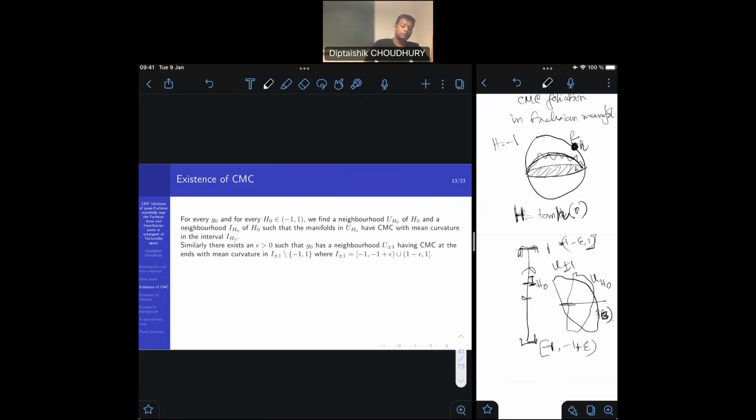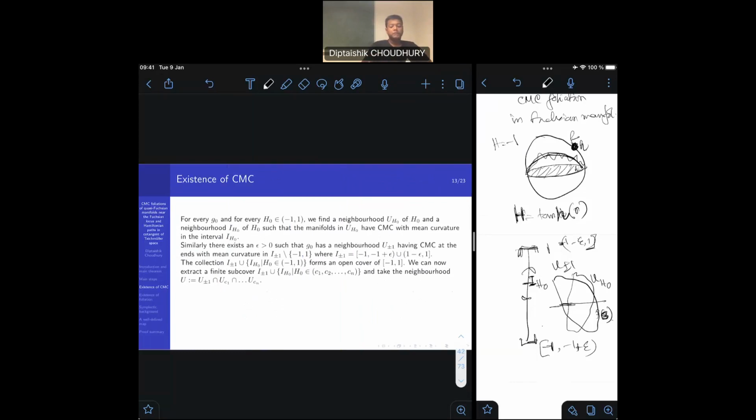And now what you could do is take such an open neighborhood U_H0 for every value of h0 in -1 and 1, barring the ends, the 1 and -1 point, because that is already taken care of by this U plus-minus 1, or this interval I plus-minus 1, as I call it, the union of these two ends. And